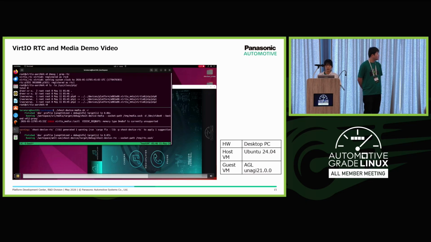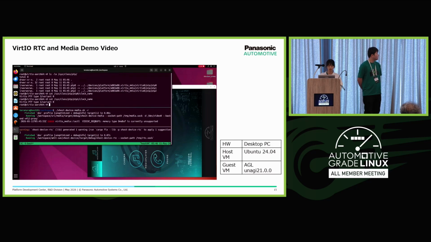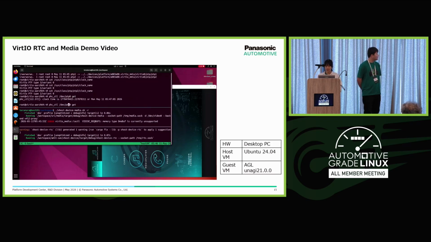Furthermore, three PTP devices are visible under the PTP class, and their clock names indicate that they originate from Virtio. Next, using the phc_ctl command, we can retrieve the time from each PTP device. You can verify that each one has a different clock type.